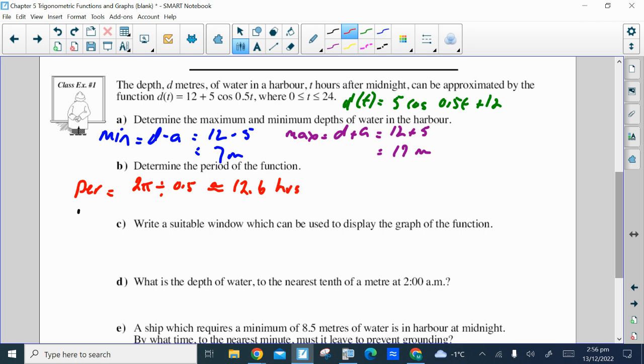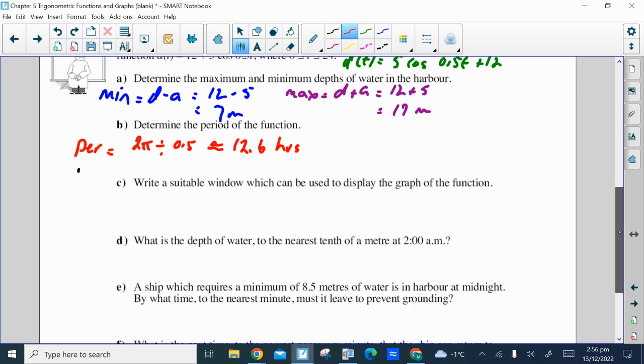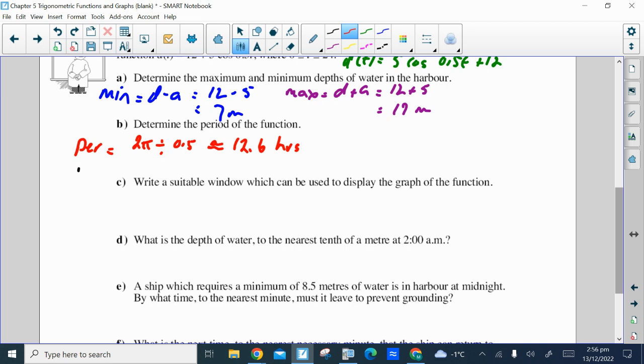Remember I said it's between 12 and 13. This is a much more accurate estimation for the period for the changing tides. So based on these first two questions, we get a really good idea of what our windows should be. Now, if you're asked to write the windows, you express them in square brackets, and there's three things that you